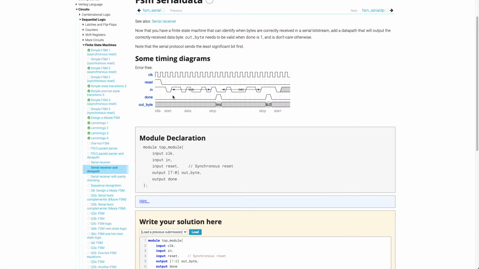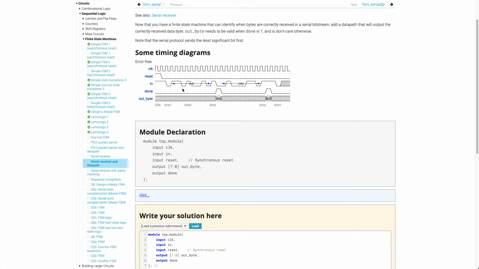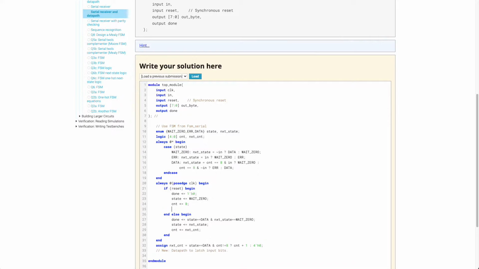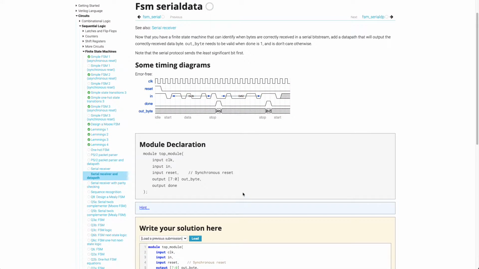If my state is data, then if my state is data and count is not 8, then just shift in the data, okay? If state is data and count is not 8, then